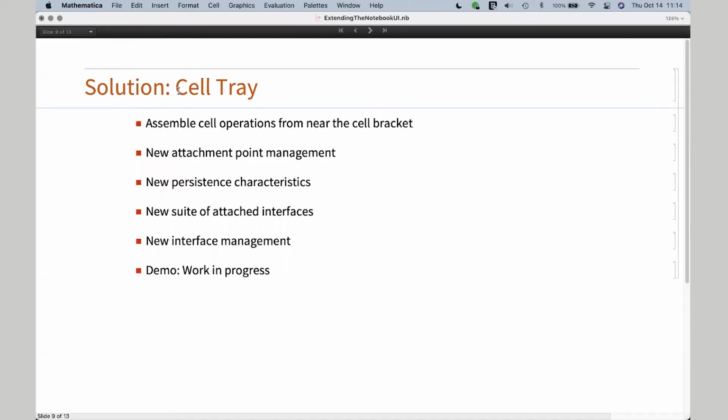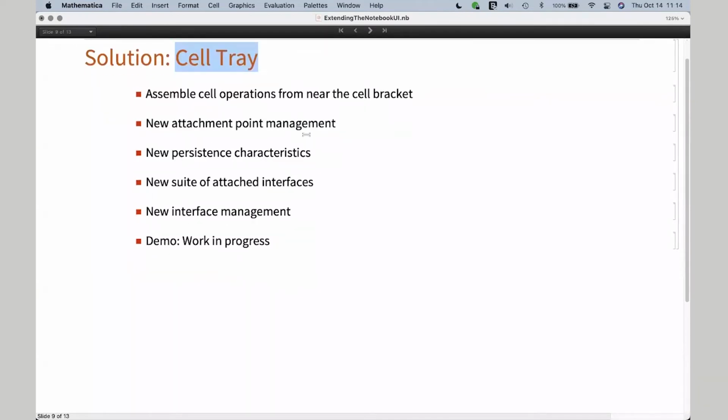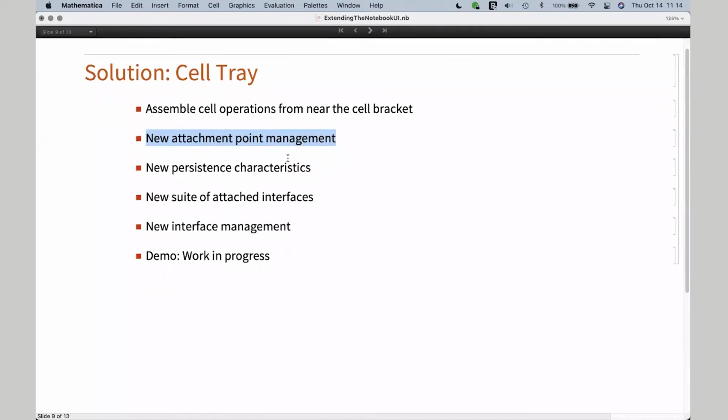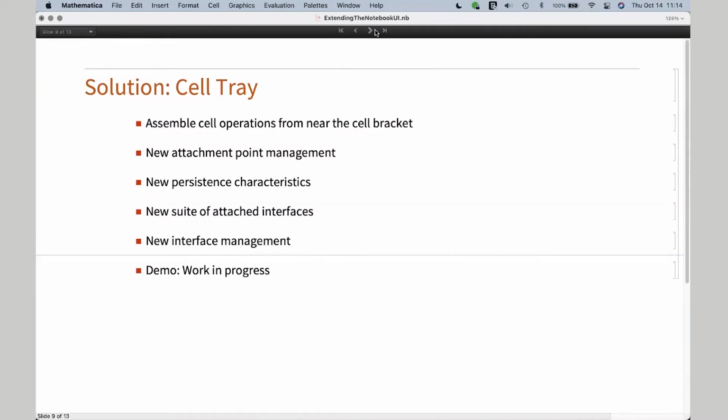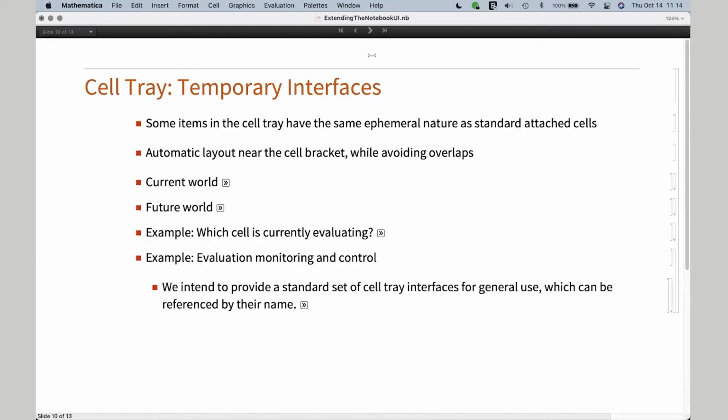So the cell tray framework involves new attachment point management, so the front end automatically handles avoiding overlaps. It's going to have some new persistence characteristics, which I'll talk about. And it's going to be shipped with a bunch of new attached interfaces and the ability possibly to have your own interfaces added to that set. So let me demo now what this looks like in the current development builds of